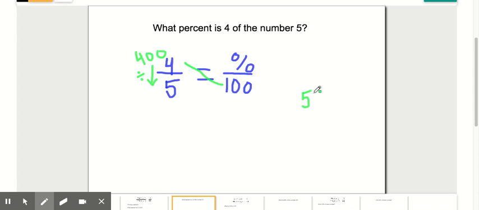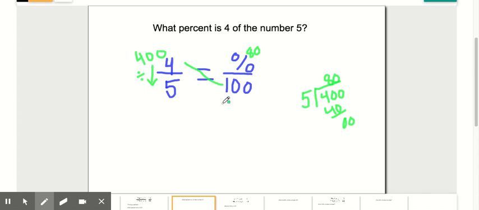You can do this longhand over here. 5 goes into 40 8 times. 40, I subtract, I get 0. 5 goes into 0 0 times. So I have 80